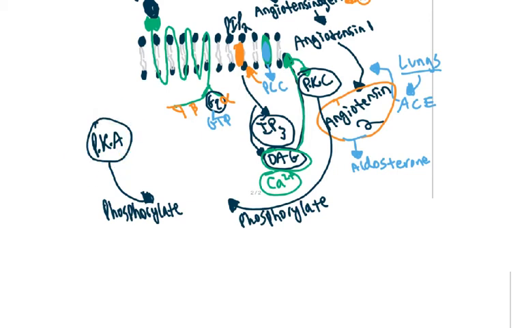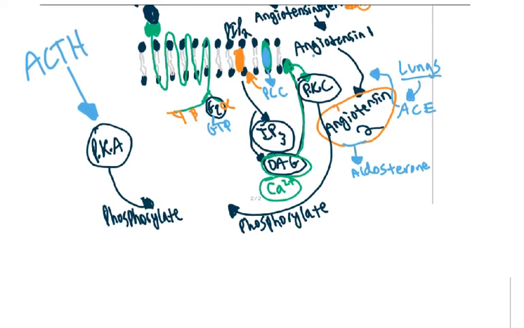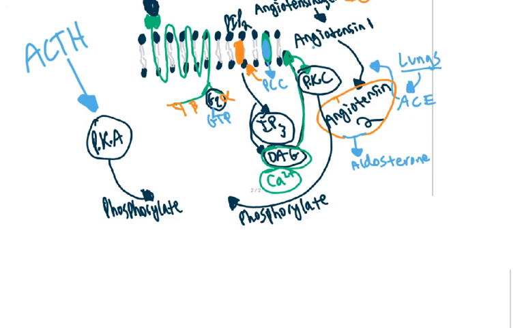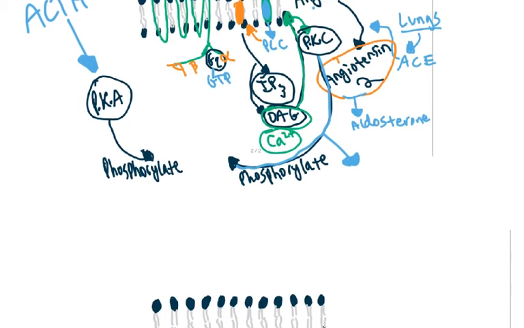And protein kinase A was initially made from the binding of the first messenger adrenocorticotropic hormone, released by our corticotropes in the anterior pituitary gland. Mostly it's protein kinase C that will carry out the effects and drive the reactions from cholesterol to aldosterone, so this will be the most effective,